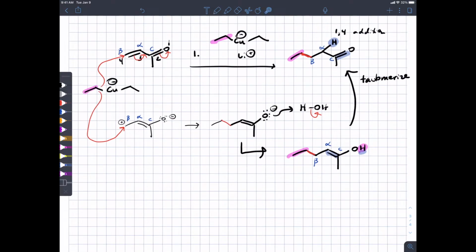The way that works, honestly, is you just remove this proton to get back here, and then these electrons kick down, and you pick up a proton on the alpha carbon. And for our purposes, I'm concerned that some of you are going to look at this and think, oh, these two things are happening at the same time. So what we're going to do here is